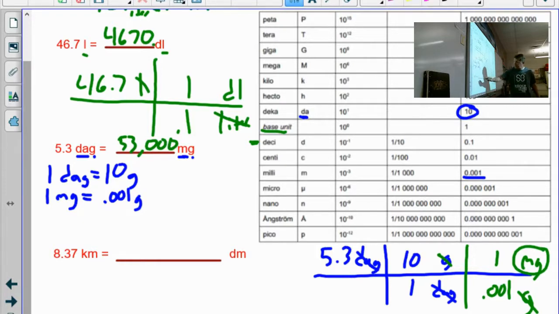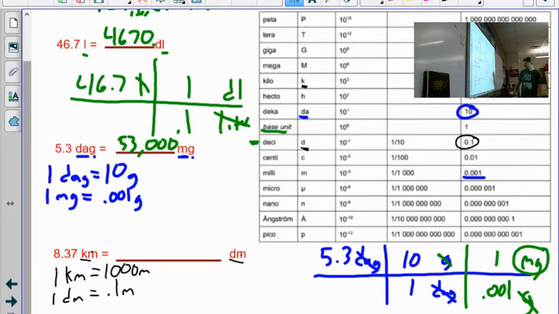Last one, I'm going to go from kilometers to decimeters. Again, the M at the back is my meter. So my prefixes are D and K. My deci, once again, is right here, and that means 0.1. And my K is my kilo right here, and that means 1,000. So I'm going to write my equivalencies. First, I'm going to say 1 kilometer is equal to, and if you come over here, you'll see it's 1,000 meters. 1 decimeter is equal to 0.1